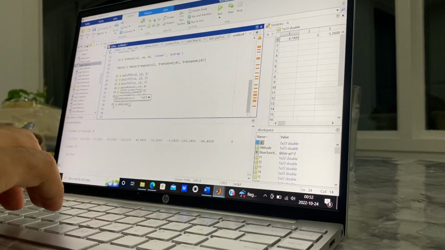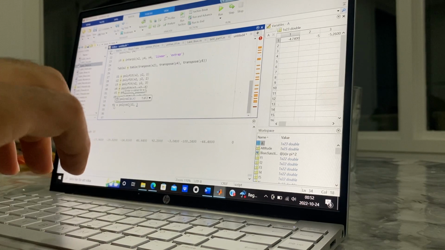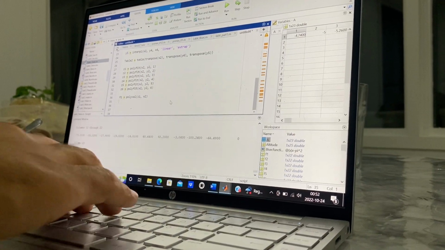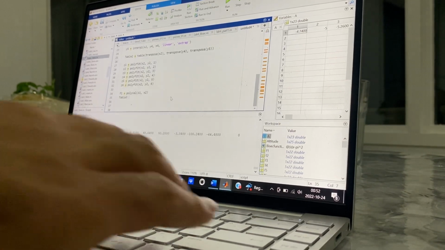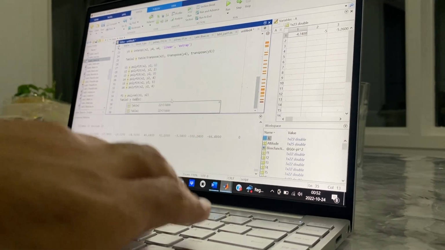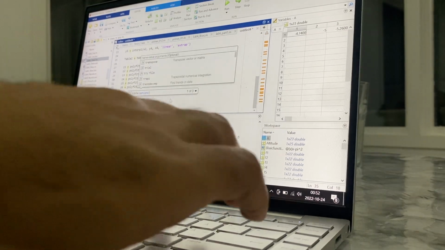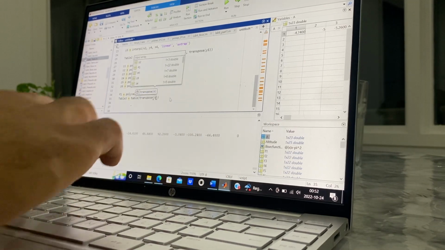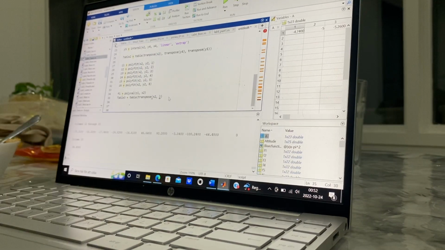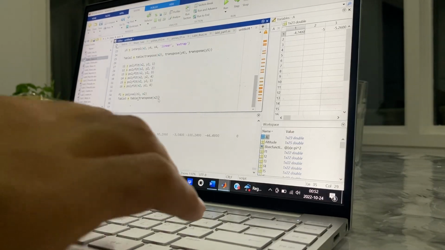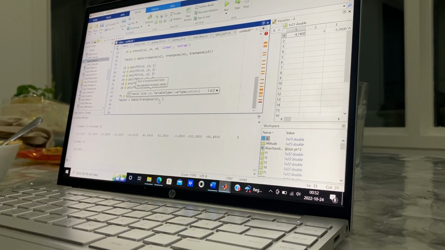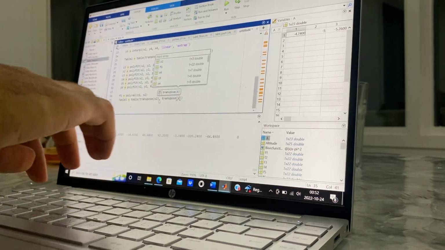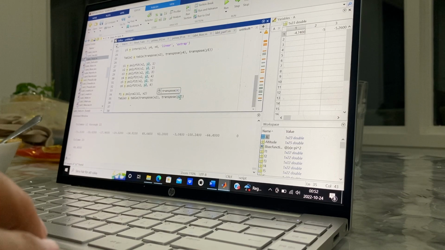Polyval, Z1, and the x2, and the table 3 will be equal to table, and then transpose x2, then transpose y2,